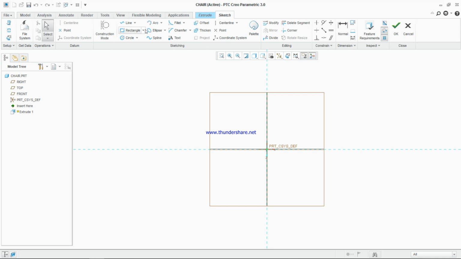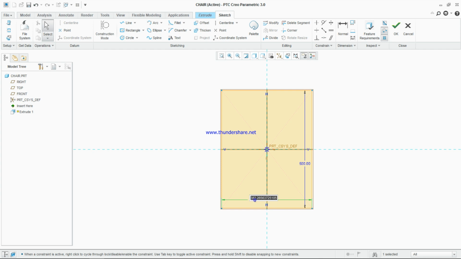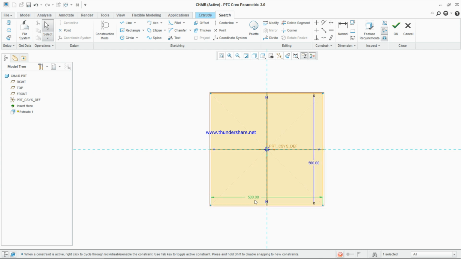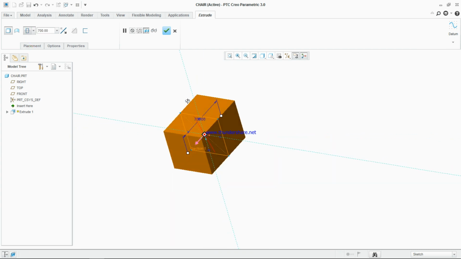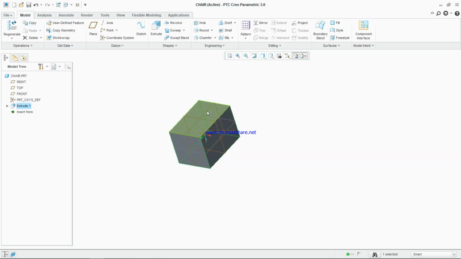and then draw a center rectangle of 500 into 500. So the length and width should be 500, and then click on OK, and then an extrude of 700 mm with the mid surface, and click on OK,